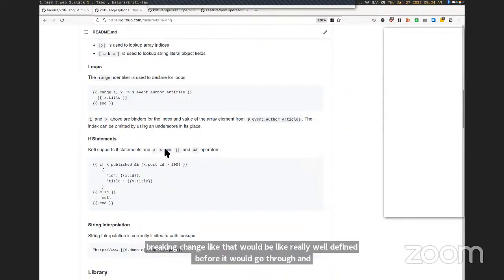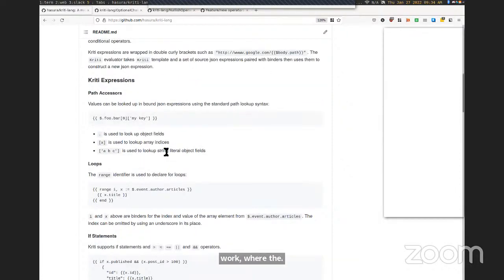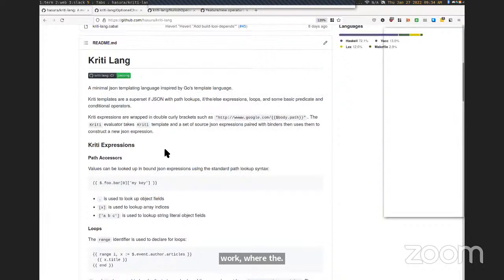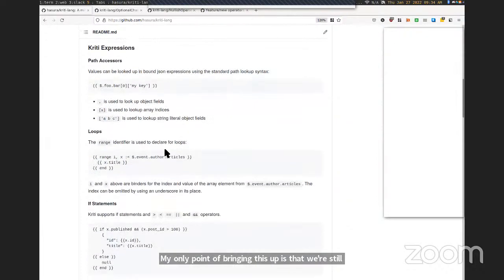My only point in bringing this up is that we're still working out some of the finer details of this language, but it's pretty much the basic operations and the principle of it being a really simple, easy to use expression language embedded in Hasura that is the core idea here. We're just trying to find the best way to make that happen at the moment.